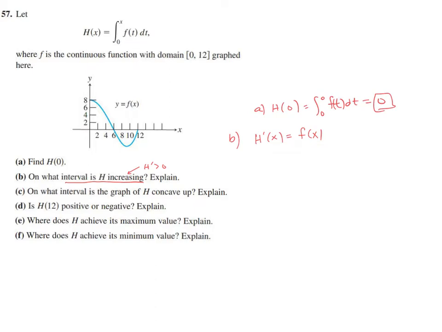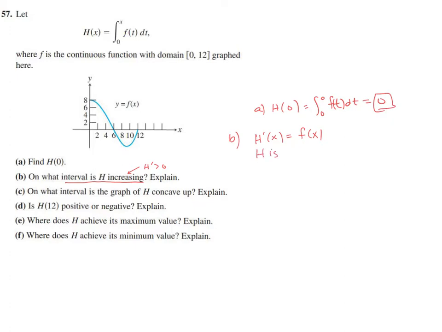Hopefully that's very easy for you now at this point, and you understand that. So since h prime of x equals f of x, what am I looking for? I want to know when h prime is greater than 0, which means since h prime equals f, I want to know when f is greater than 0. So we can easily see from the graph that the function f is greater than 0 right here from 0 to 6. So my answer to question B is